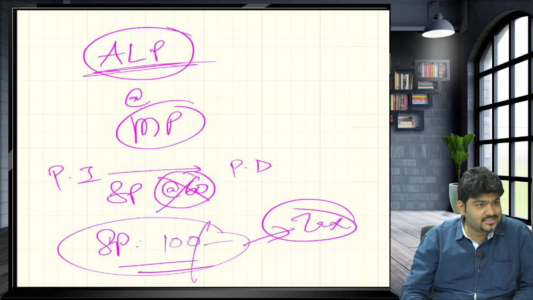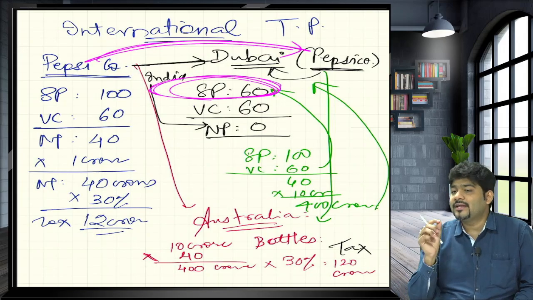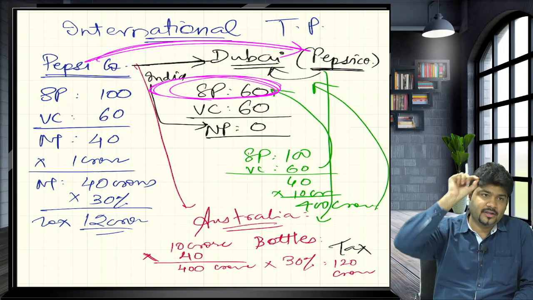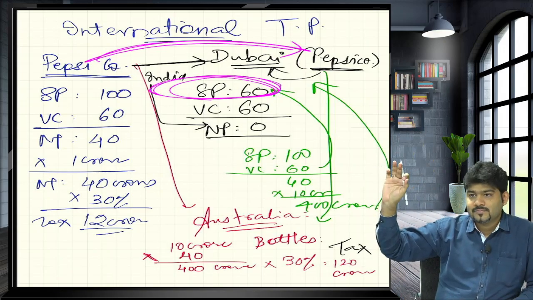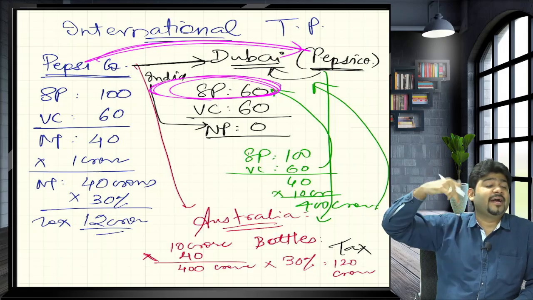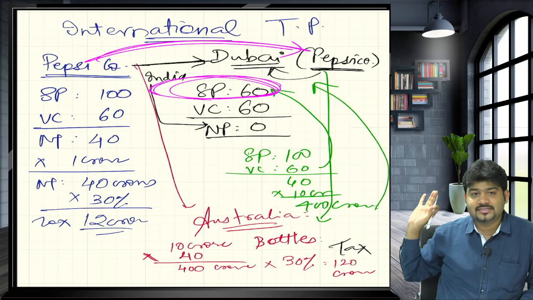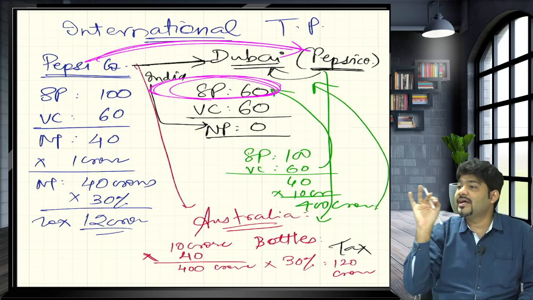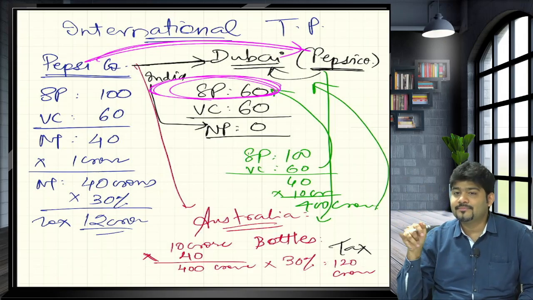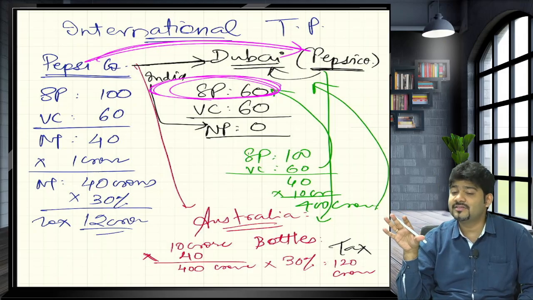And if there are any sister concern transactions which happen on an international level, then in that case arm's length price will be applicable, and irrespective of whatever transfer price you are selling at, the Indian Income Tax Department will by default take what? 100 rupees, called the arm's length price. Are we clear with the concept of arm's length price? Yes or no? Because the next question that I want to solve is based on that arm's length price. We'll have arm's length price as a structure. That is the reason I'm asking you.